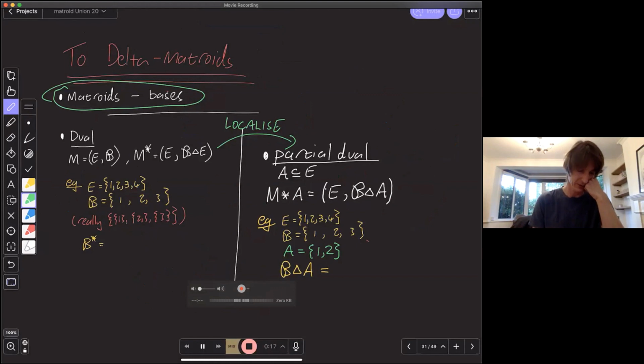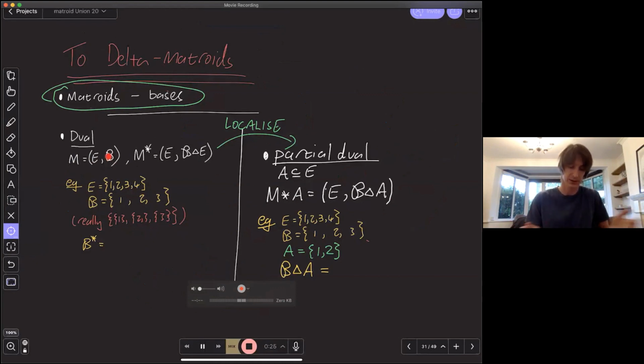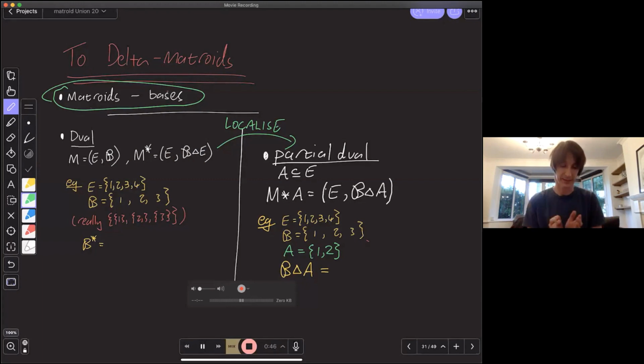So in this case, what's a matroid? Well, it's just a pair. I've got my ground set E, and I've got a set B, which is some collection of subsets of E, so some collection of the bases. And my dual, well, my ground set doesn't change, but how do I get my new collection of bases? Well, I just toggle every element. I look at each basis, so each set in B, and I toggle the membership of each element with E.